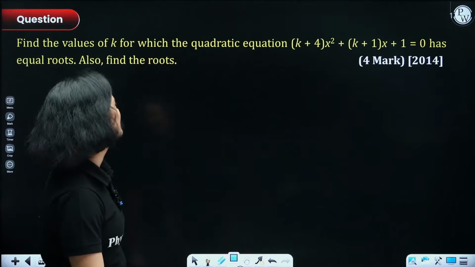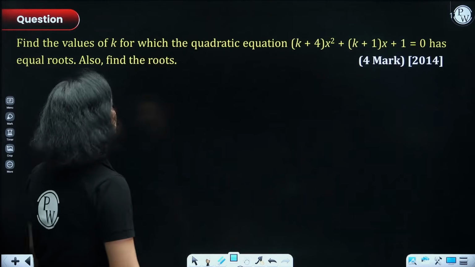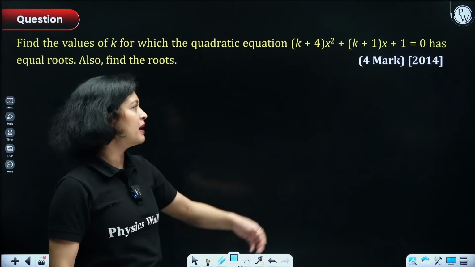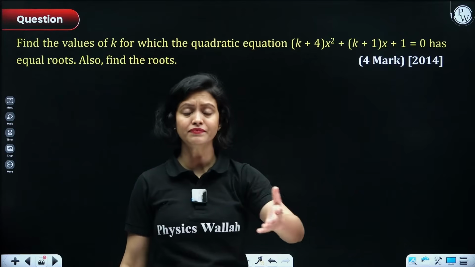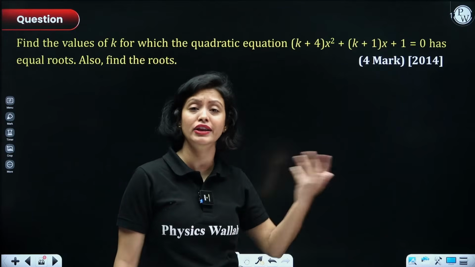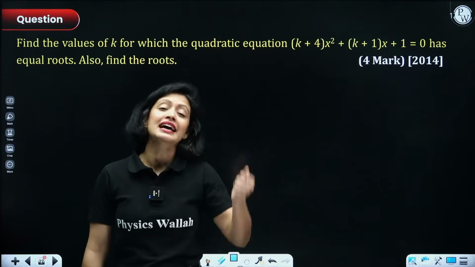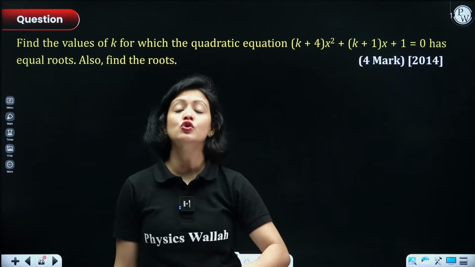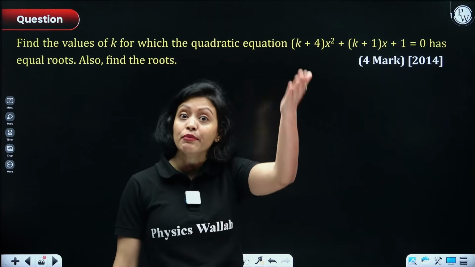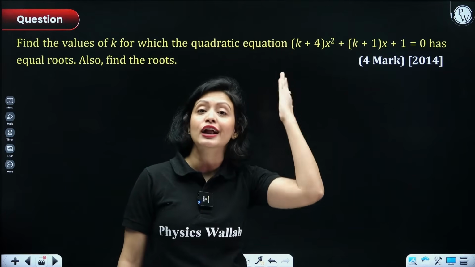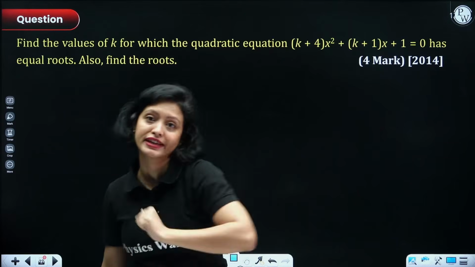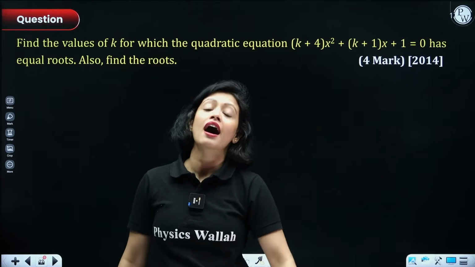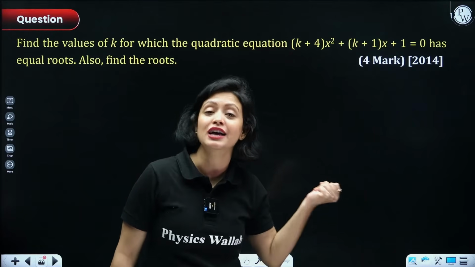Okay. So with that, let's move on to the next problem. This again is a 4-marker question. Now, a lot of people would be like, ma'am, these questions are from so far back. Why are we doing this? So again, I'll repeat, guys, that CBSE has a habit of repeating patterns in questions, okay? There are questions, in fact, that came in 2011 that were repeated in 2025. So you need to do as many different types of problems from previous board exams as you can.